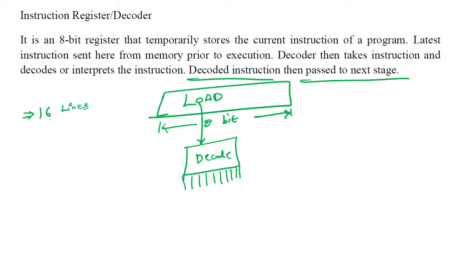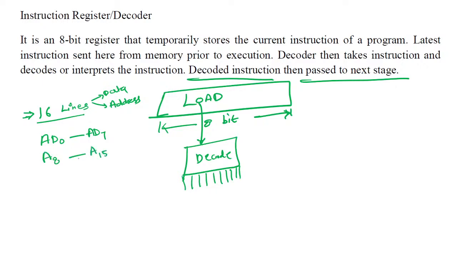In the microprocessor we have a total of 16 lines, and these lines will be used for data and address both. So these are the multiplex lines. Multiplex lines means, for example, we have the lines from AD0 to AD7. All these are the address and data lines. Then we have A8 to A15. These are purely address lines.